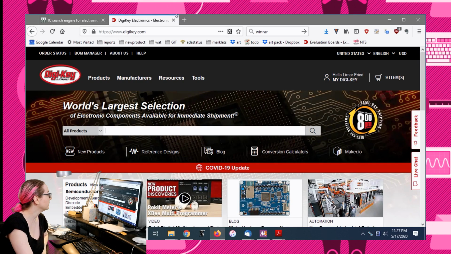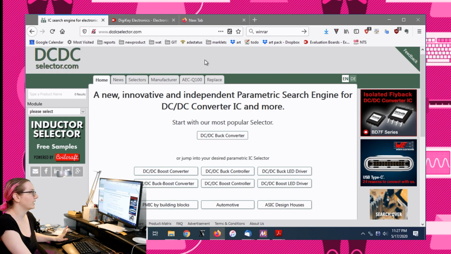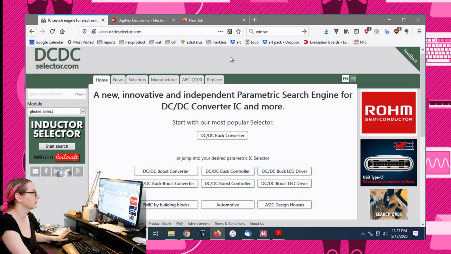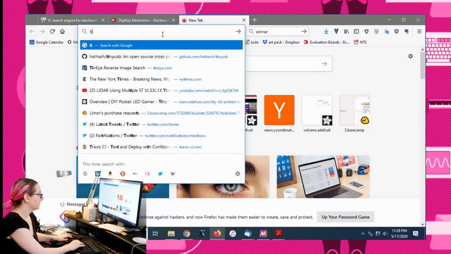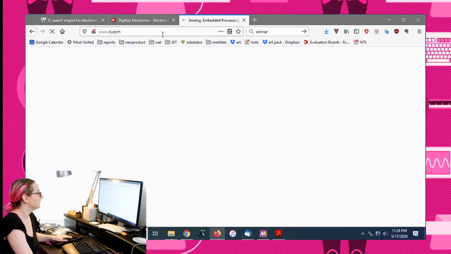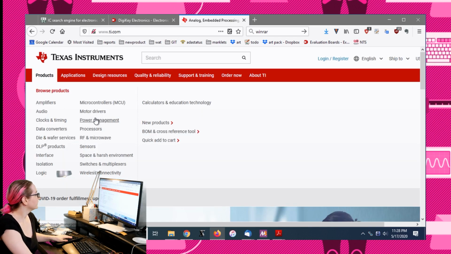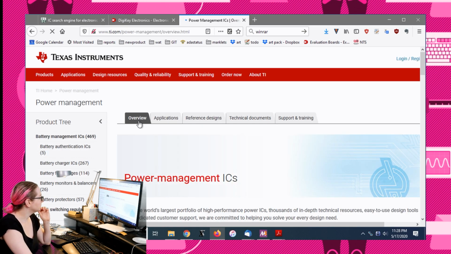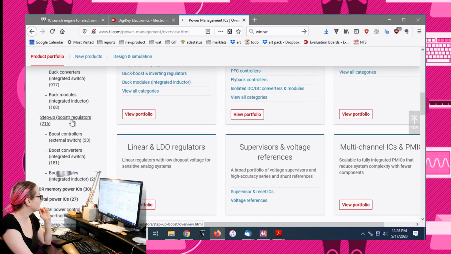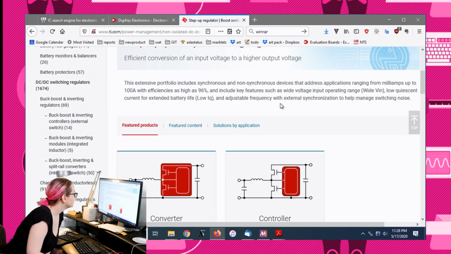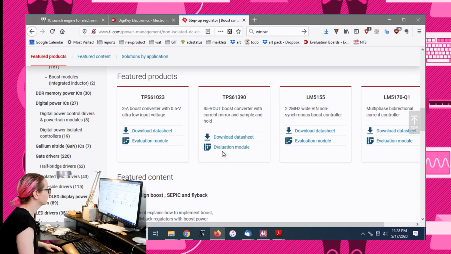So I actually went to TI's website. Maybe I'll show that, 'cause that's kind of fun. I also found this weird site, DC selector, which I haven't used before, but it came up on a search, and it's just kind of cool. So let's go to ti.com, and then let's go to power management, and I want a DC step-up boost regulator. And then they had a nice little, well, they've got these